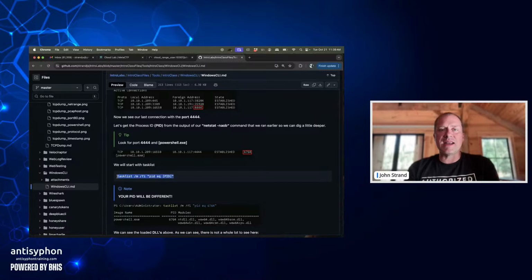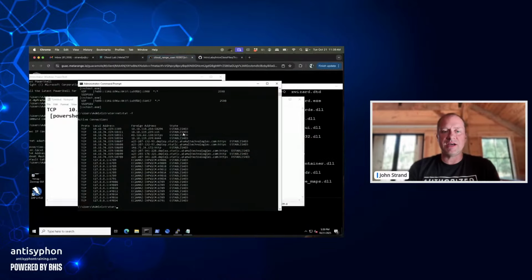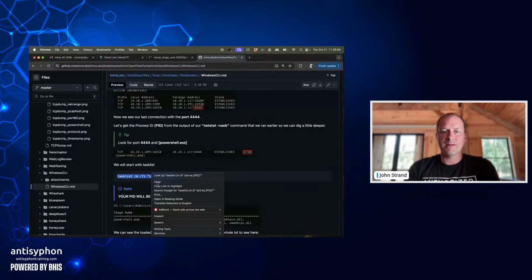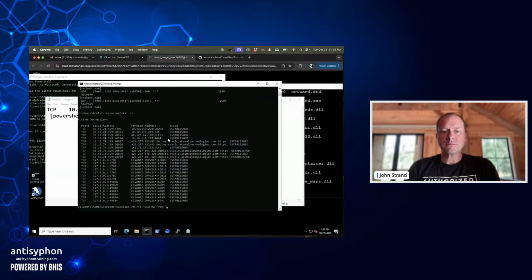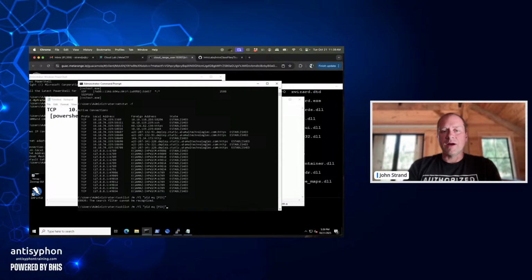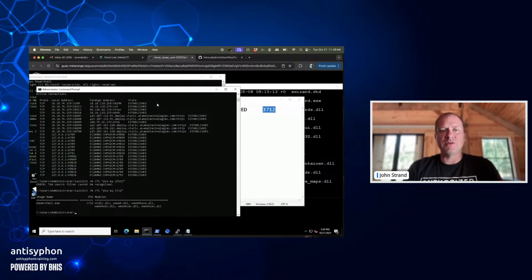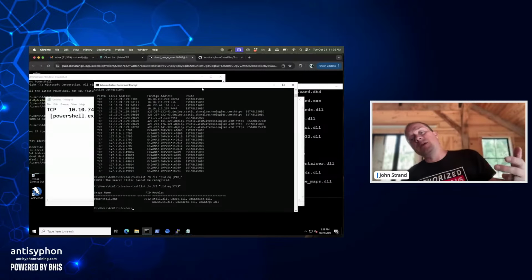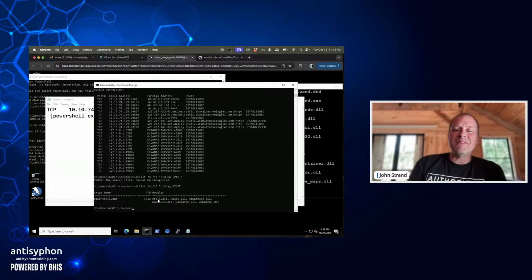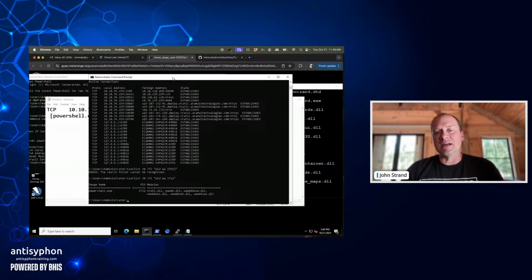Then we're going to look at the dynamic link libraries associated with this. Copy that one. There we go. Oh, I got to put in the process ID. Making mistakes. So it's 3712, 3712. We do that. Now, this is going to be a bit strange, right? So we have these dynamic link libraries. We have the ntdll.dll library,